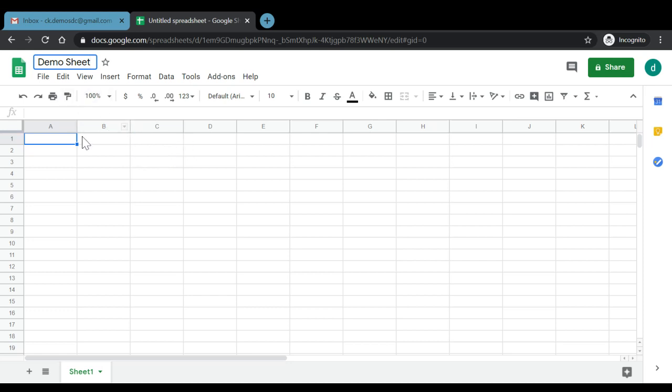We can see that we have certain options such as undo, redo, print, then the format painter, then the option of zooming, that is we can increase the size for better visibility. Apart from that, specific functions that are restricted to only Microsoft Excel and are not available in Microsoft Word or Microsoft PowerPoint are some of these. Like we can format it as currency, then we can format as a percentage